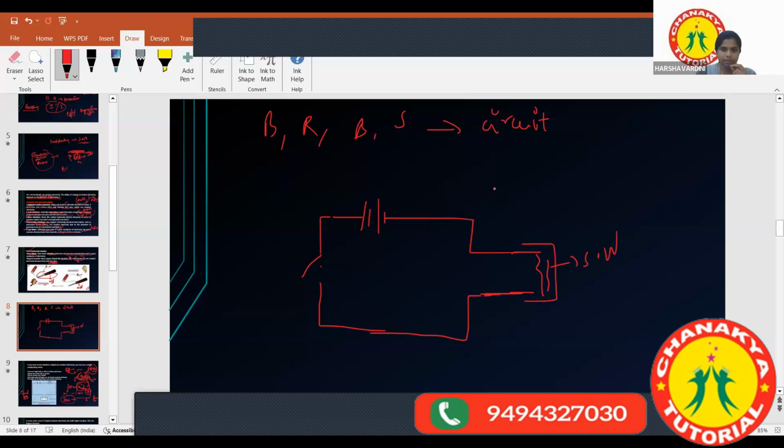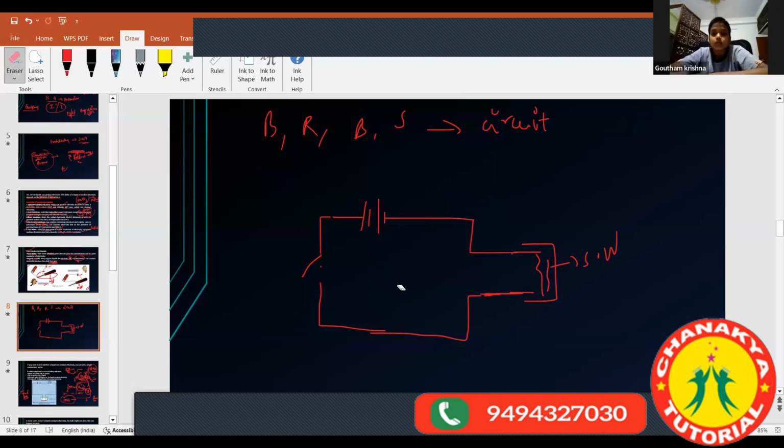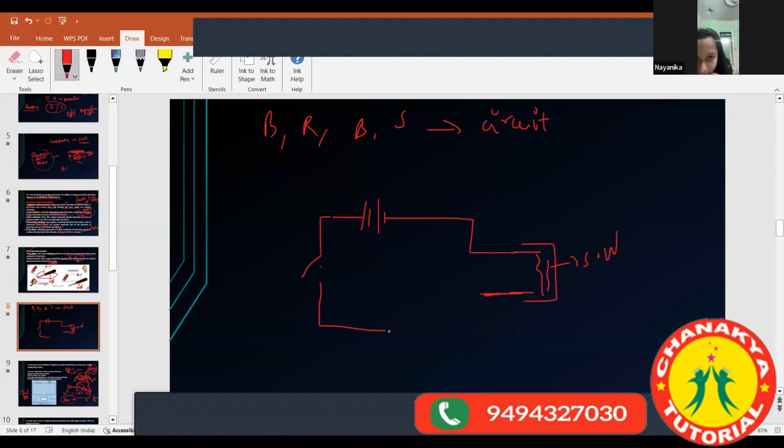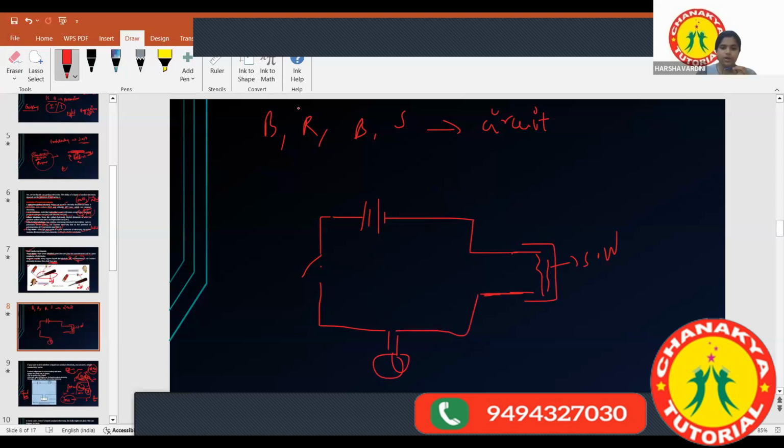Okay, is this a complete circuit now? Ma'am, there's no bulb. It's an open circuit, ma'am. The switch should be closed now. Okay, anything else? Ma'am, the resistors. There's no bulb, ma'am. I forgot the bulb. We don't want resistors for now, so we can take the resistors out of the list. So battery, bulb, and switch are there.